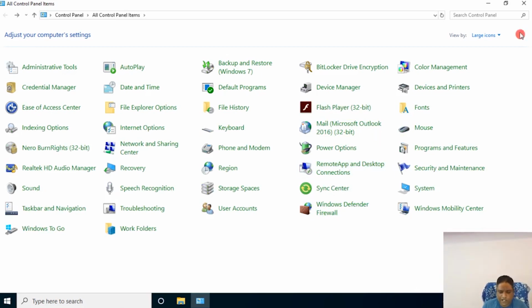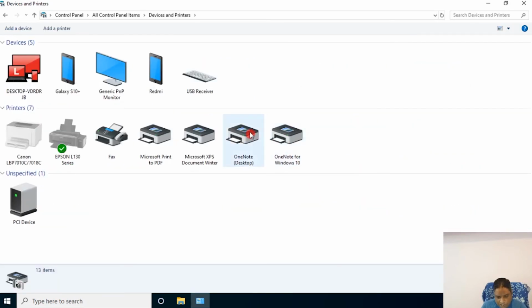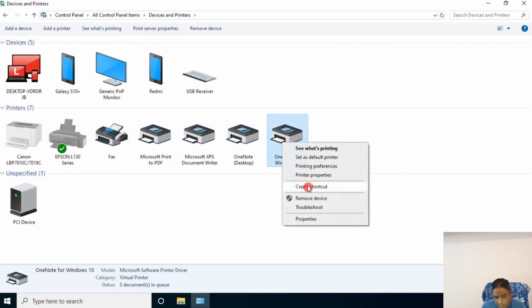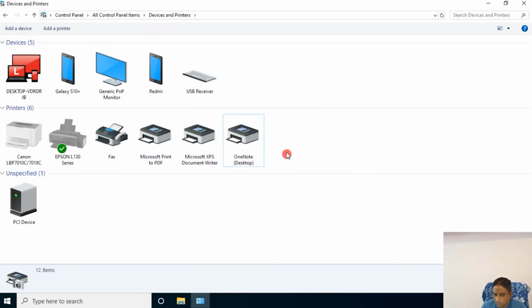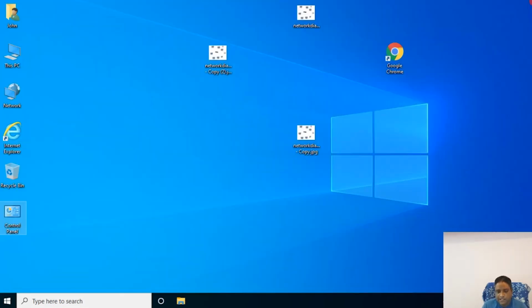If I want, I can delete the printer. See, suppose I have so many printers over here. I want to delete this printer. Right click and delete it. Remove device. Yes, the printer is gone. If I want, I can add it back. Understood? So like this you can delete things or activate things with the help of control panel. You can install fonts, you can install handwritings, many things can be done in control panel.